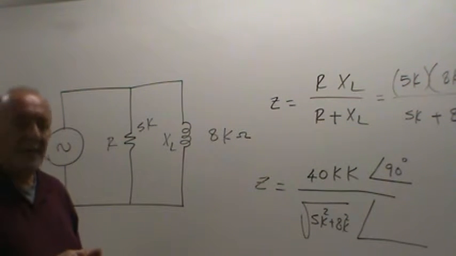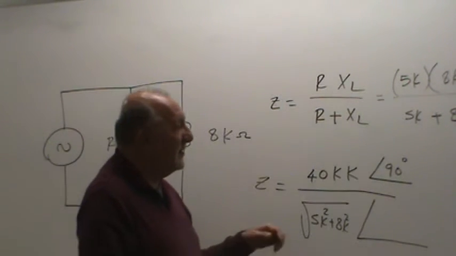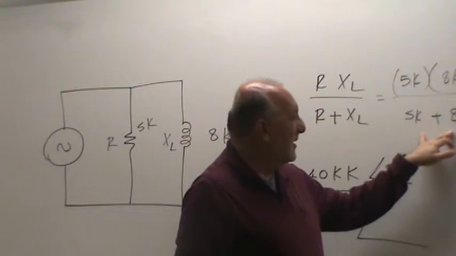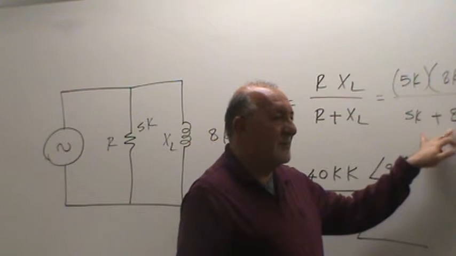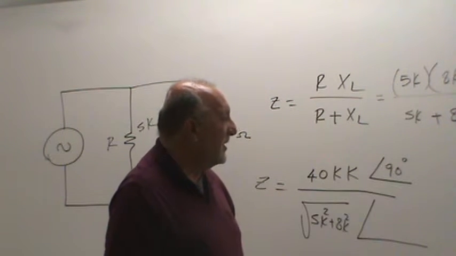Really, just 90? No. This is R and this is X of L. So the angle here is going to be how much? The angle is going to be the arctangent of